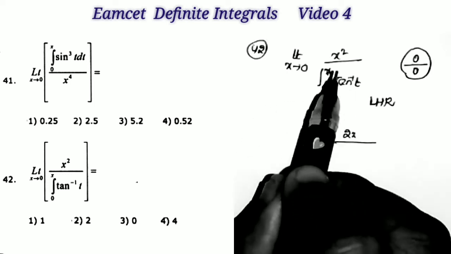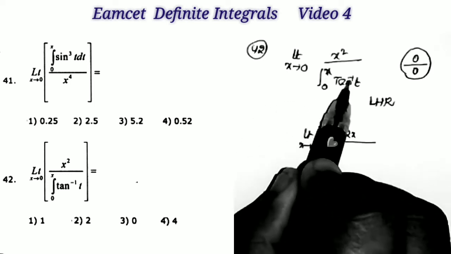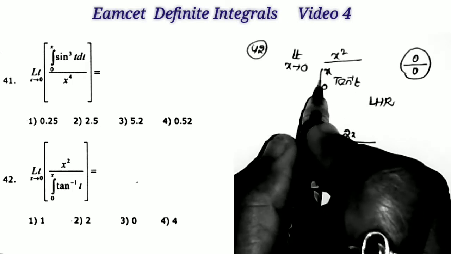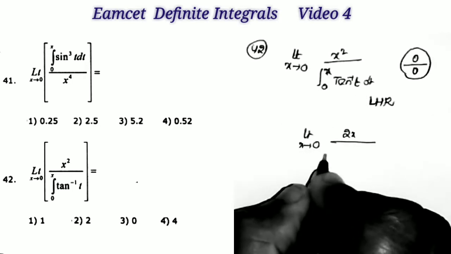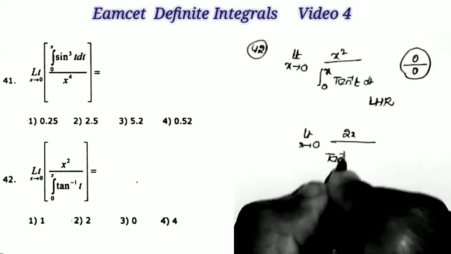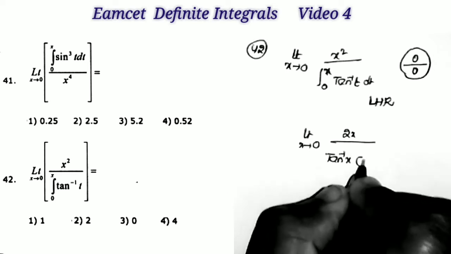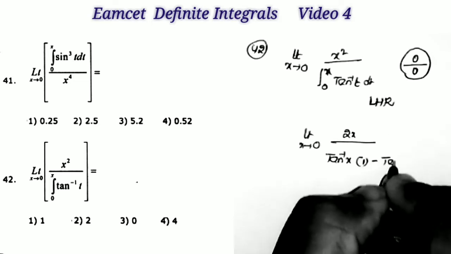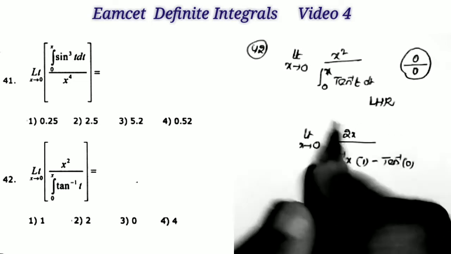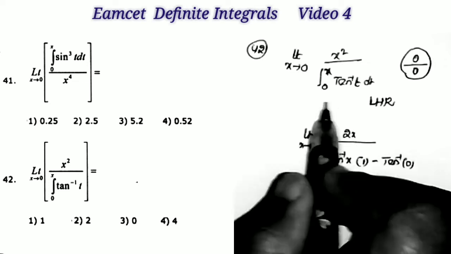What is the Leibniz rule? Replacing the upper limit in the given quotient, that is tan inverse of x, into the derivative of x again, which is equal to 1. Minus, now replacing the lower limit in the quotient, tan inverse of 0, into the derivative of 0, which is